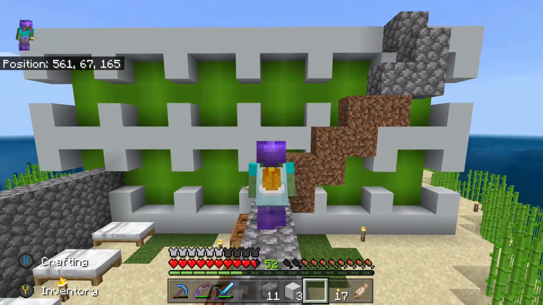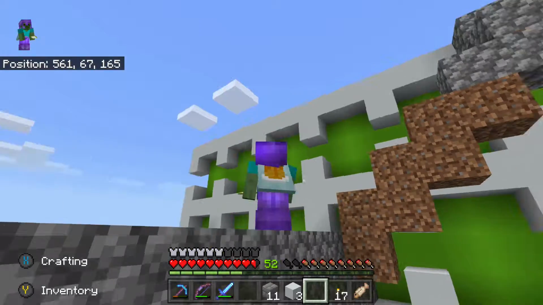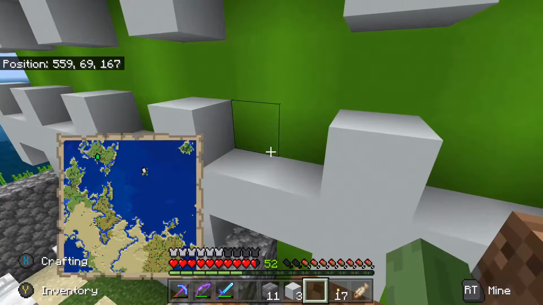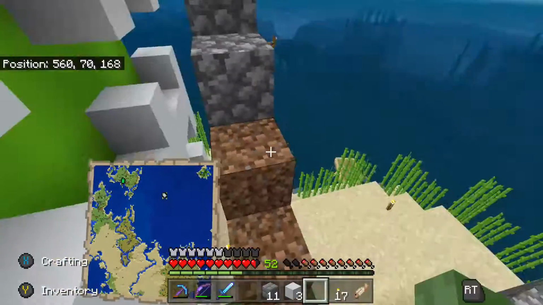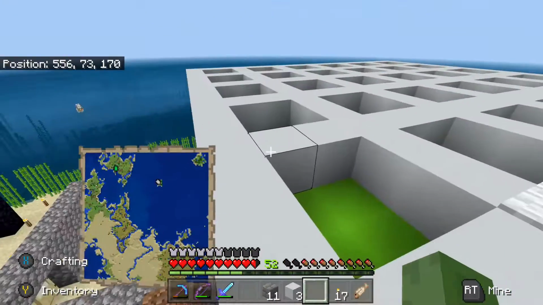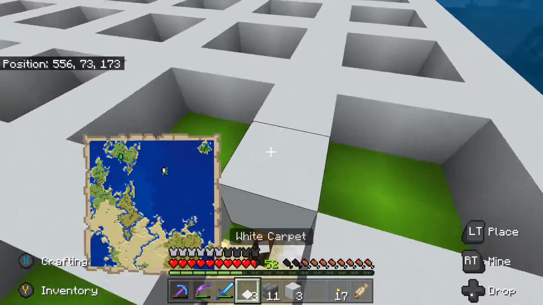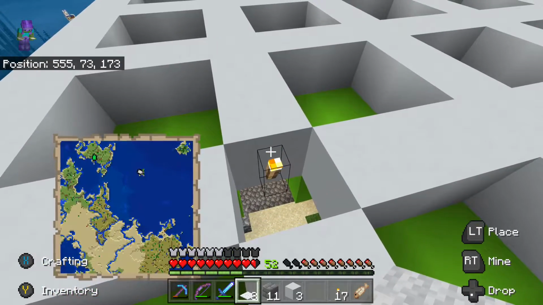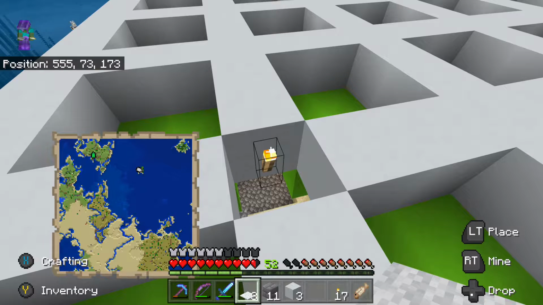One issue that I have with this build is there are no light sources on this build. So mobs will be able to spawn on these ledges or up here on the roof. But I actually have a solution for that, and it is seen right here. I have a torch here. This could be any light source. I think I'm gonna go with glowstone, just because it's an actual block, and it's the easiest one to get,